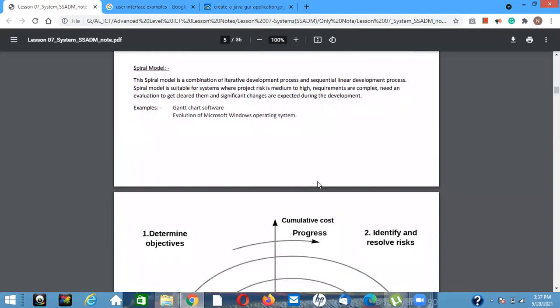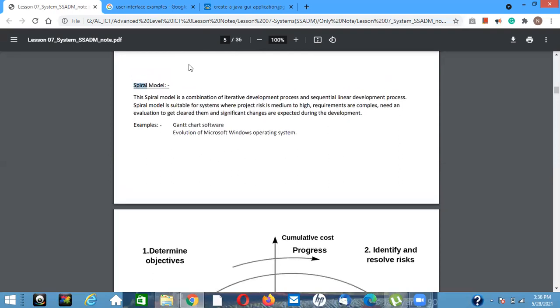Then the spiral model. Some projects are there where the waterfall model or any other model is not suitable, then they can use this spiral model. We will see what is happening in the spiral model, and you should know that mainly for one particular project we follow only one model.